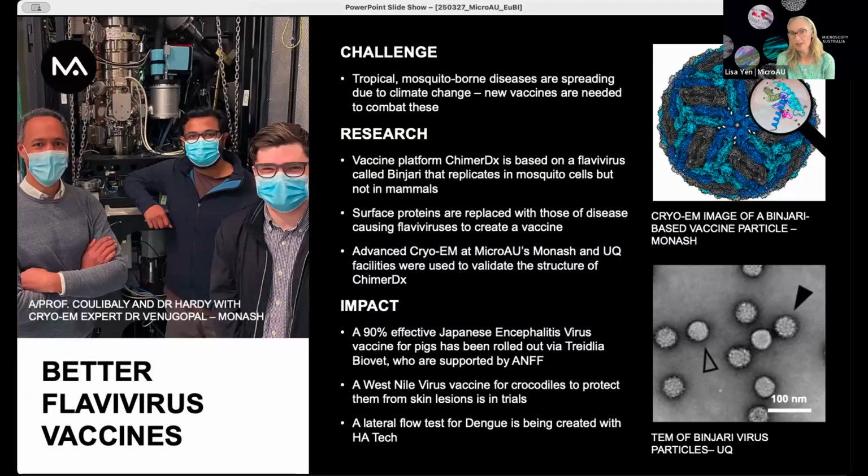Again, I'm not going to go through each of these case studies, but just perhaps wanted to use them to illustrate how that challenge and research and impact structure is something that we've found really effective. It does give us the opportunity to showcase images or micrographs, or in this case, a reconstruction where you've got the cryo-EM that was really critical to them understanding the vaccines that are relevant for a range of different flaviviruses like dengue or Zika or West Nile disease.